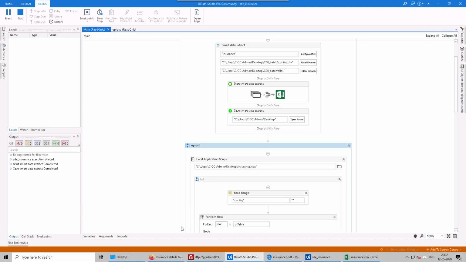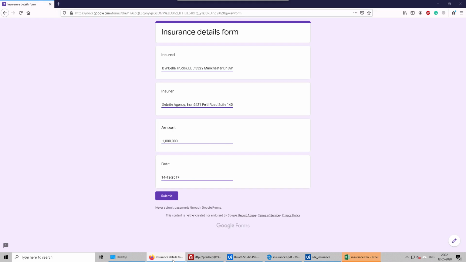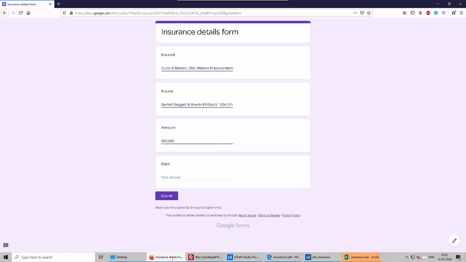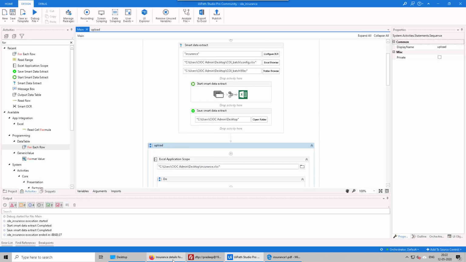Like now I have just completed. So if we see, the Excel upload is happening for each of them. And yeah, you can use any type of file, TIFF file, PDF file, JPG, PNG, etc.